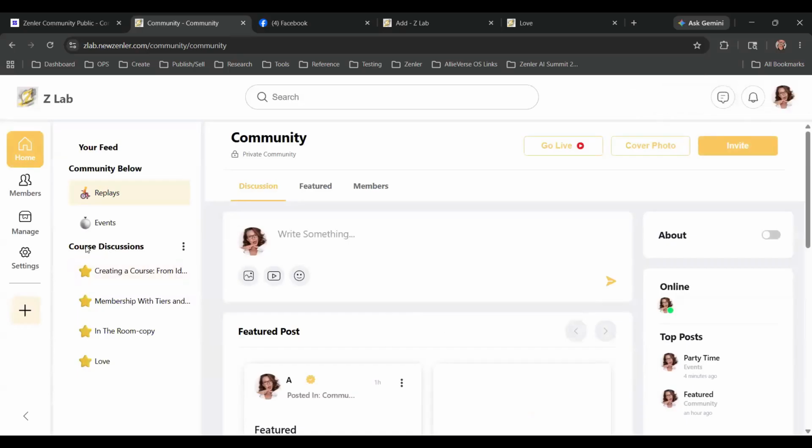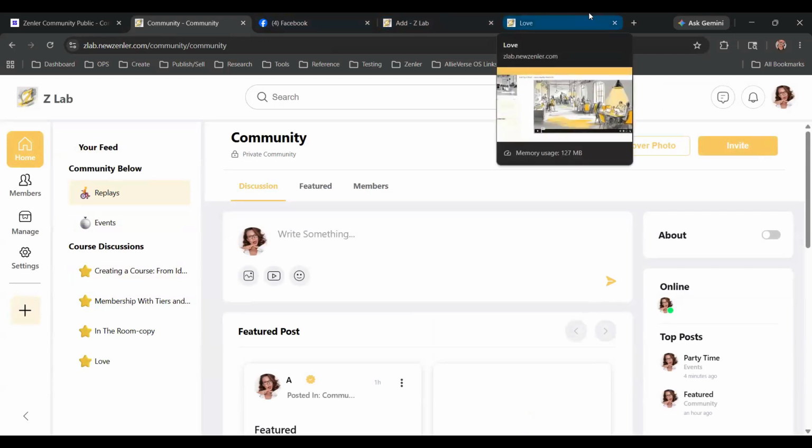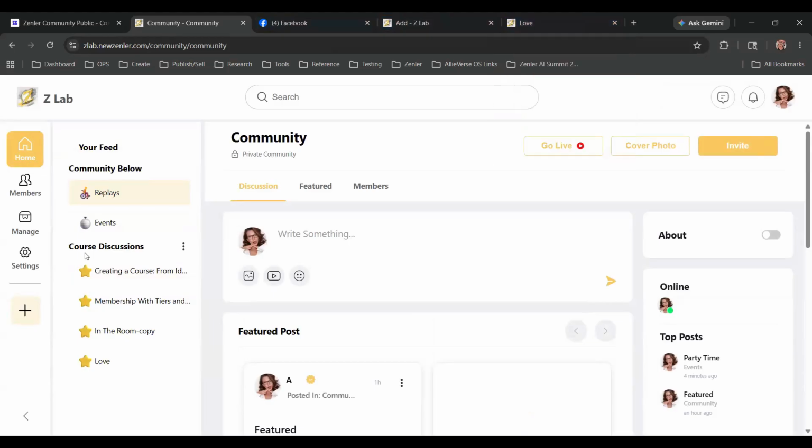But now, for example, course discussions, if you are creating, say, a bundle, a course community and a bundle, because I know a few people have done that, and you've got course discussions set as your category, you can rename this category whatever you want. That's going to create this category and it's going to create a community for each course within that bundle if you have the discussions turned on for those lessons, right?